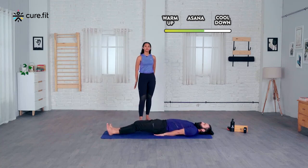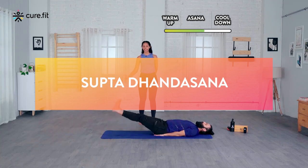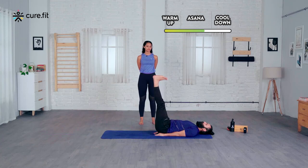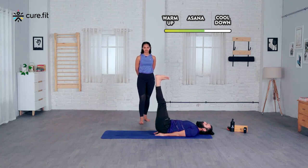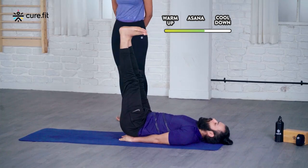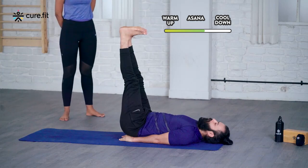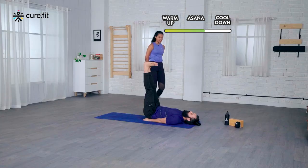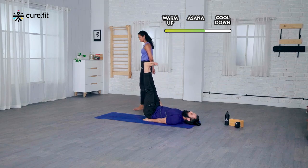Legs together. You can bring the hands underneath the buttocks. Now activate the core, inhale and raise the legs up to 90 degrees, holding here for 10 deep breaths. 1, 2, 3, 4, 5, 6. Keep breathing. 7,